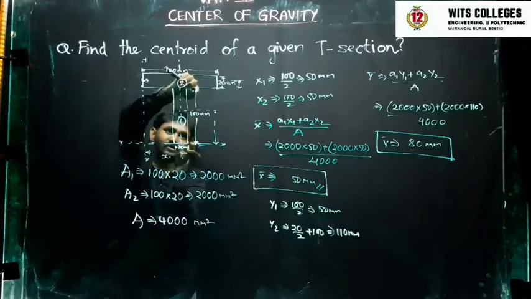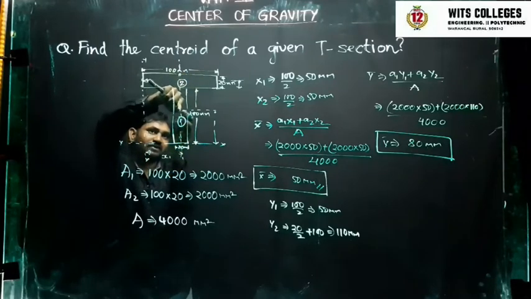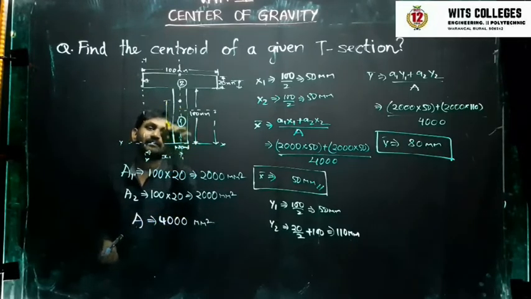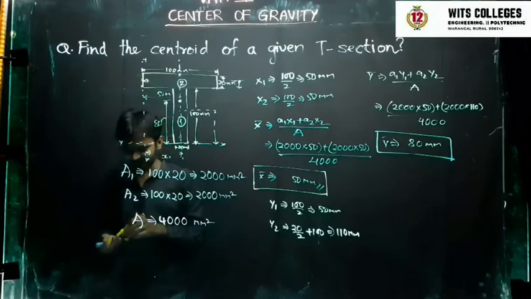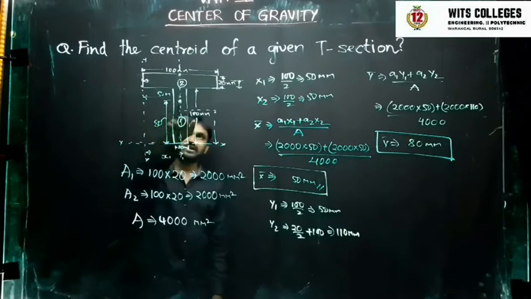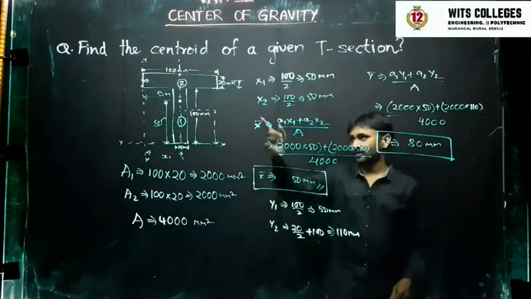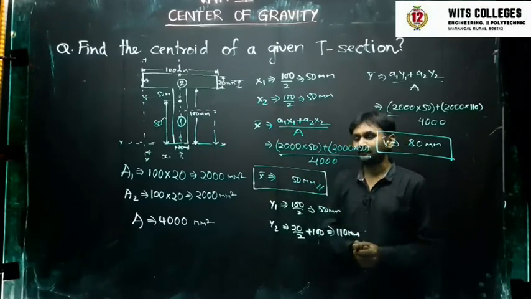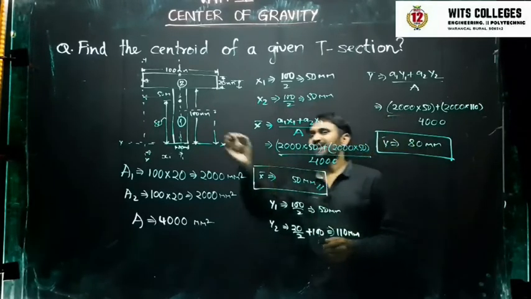This is total 100, no? From the 100 that will be located just below this. So let this be 80 mm. From here this may be 80. From here that should be 50. Like this you have to identify the centroid. So here the point where I kept the dot is the centroid of the T section. So like this you have to calculate.